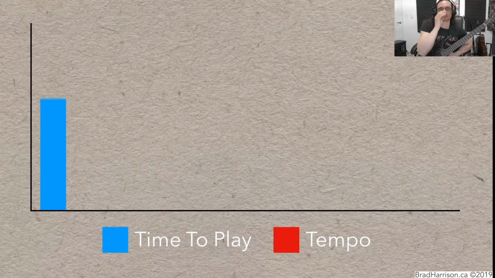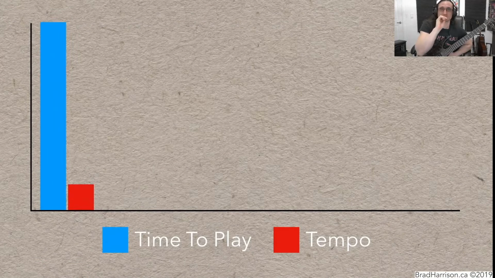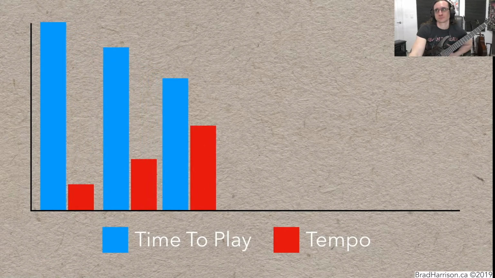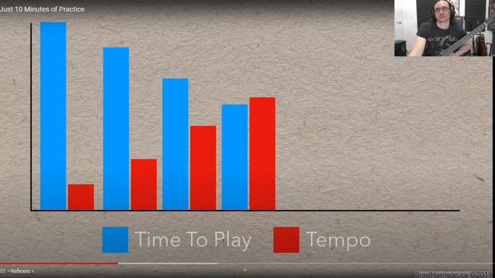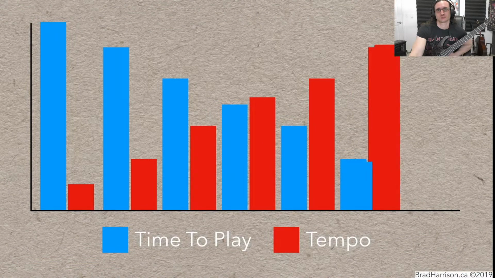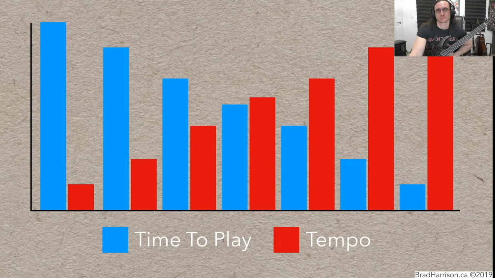The simple fact is that it takes a long time to play a passage at a slow tempo, but each time you increase the tempo, it also takes less time to perform that passage. So, you'll have to spend more total practice time on the slower tempos because each note takes longer to play. But if you do invest time in the slower tempos, muscle memory will ensure that the faster tempos are really easy.